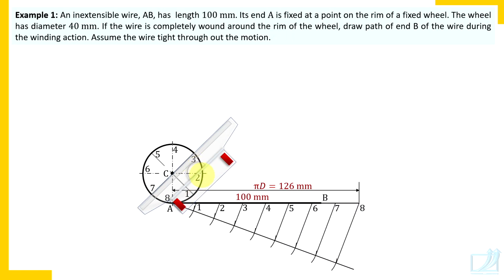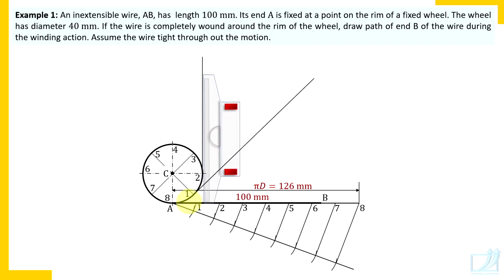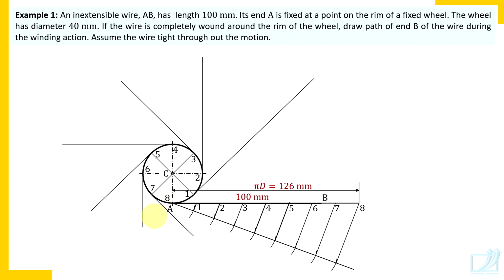Set the roller with C3, roll it and draw the tangent. Similarly, set the roller with the vertical diameter and draw the tangent. For each radius in this circle, you will find there is a diameter perpendicular to it. So set the roller in this manner and draw the tangent. And this is how you continue. So 6th tangent, here it is the 7th tangent and the 8th tangent is here. So the 8th tangent will coincide with wire AB's initial position.